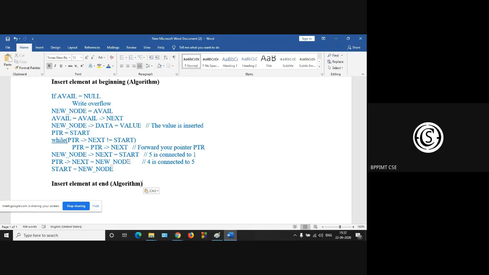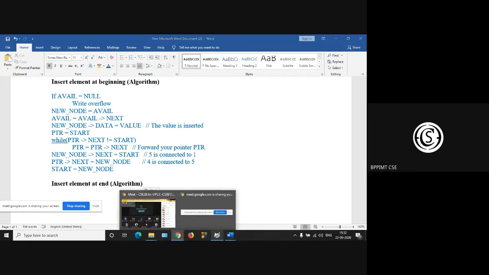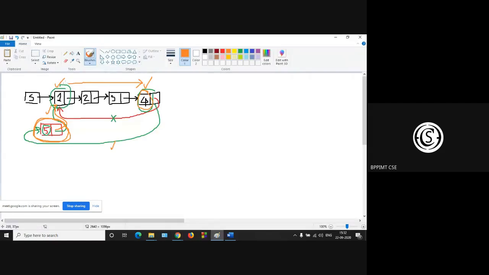Suppose you are given this structure: 1 2 3 and 4, okay? Now you are asked to write a program to add 5 at the front of the linked list.